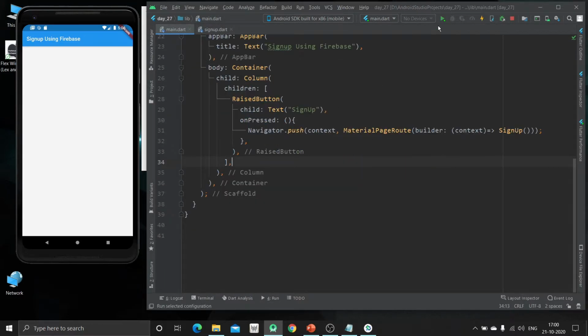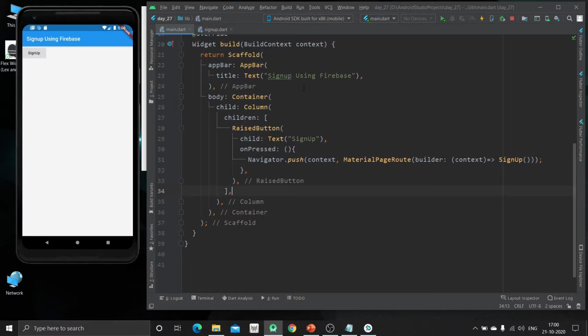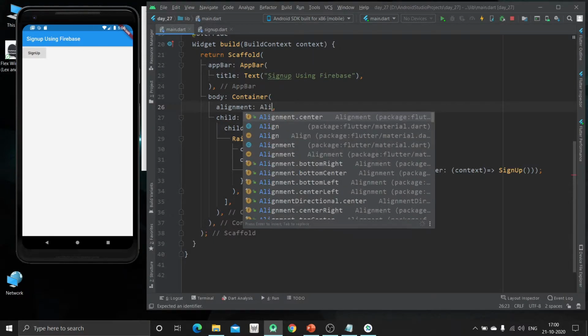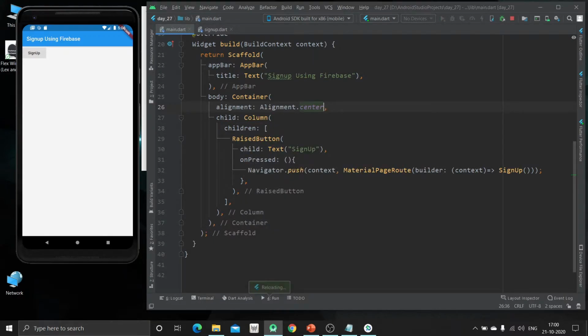Now just restart your app or just hit Ctrl and S. Now you can see here is one button, so I'm just going to align it at center, alignment dot center.